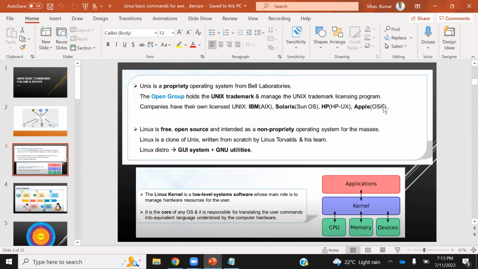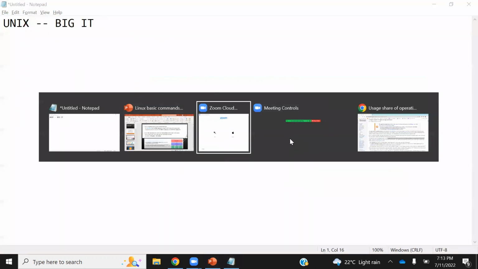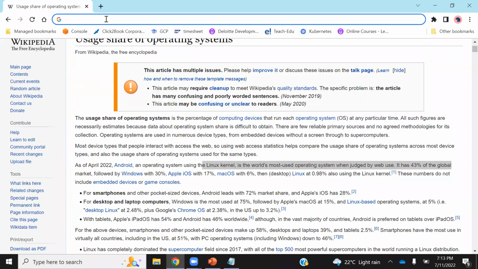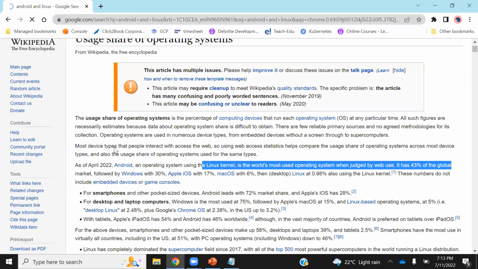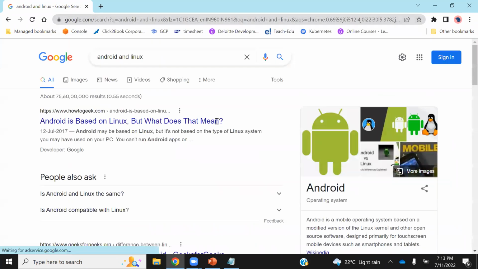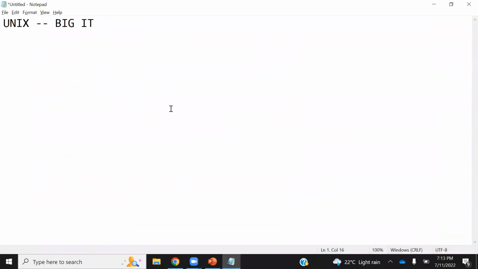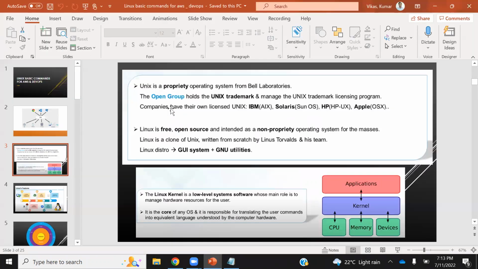You will see, why is he talking about a technology which was from the 1980s? You will be shocked to know that even new things like Android, which is new, right? Android also uses Unix. Android is based on Linux. So in the background, Android is still running on Linux. So you can read this. Anyhow, so this was a game changer, and big companies like IBM, Sun Solaris, HP bought this software and then started using it.